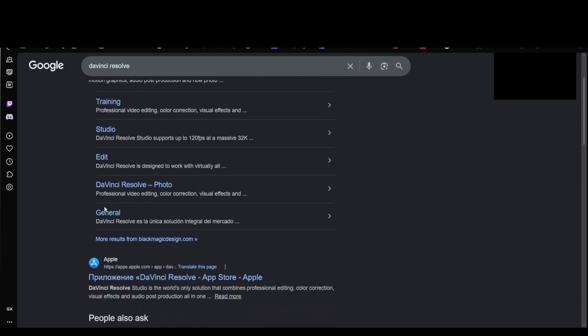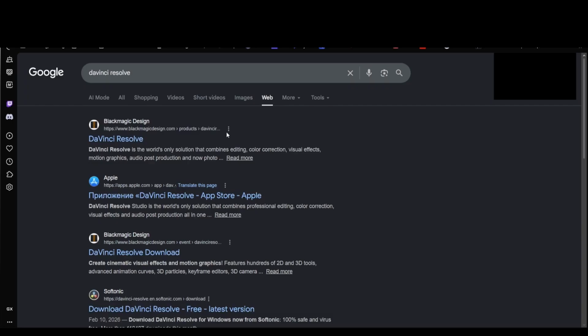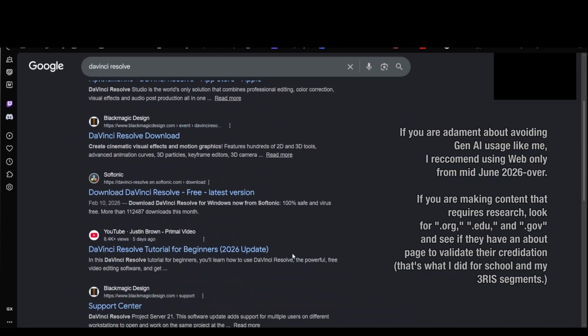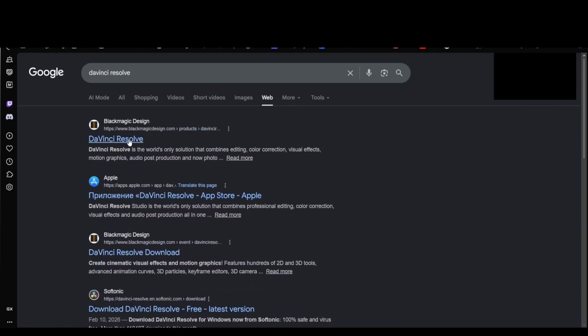Honestly, I would prefer if you just hit web, ignore that it's in Russian, it's just my VPN, and go to web and see if it removes some sponsored answers. This just shows DaVinci Resolve and DaVinci Resolve download, and then this one I'm not too sure. 100% safe and virus free, I'm not too sure about that. So let's just click on the first one,